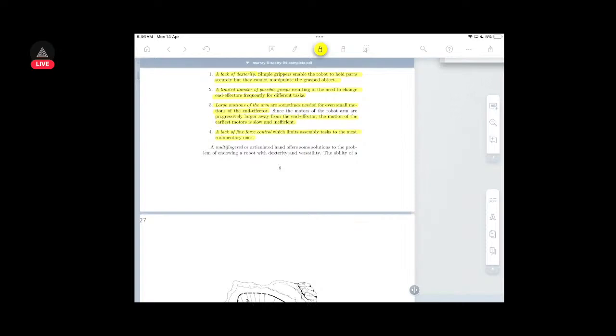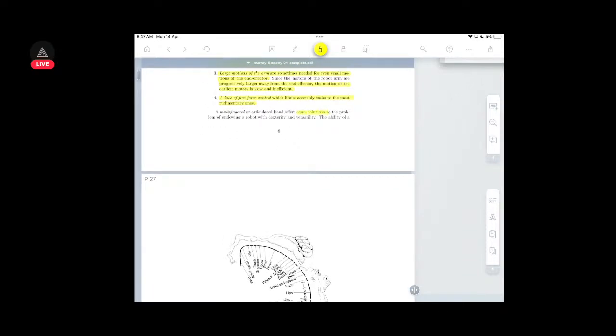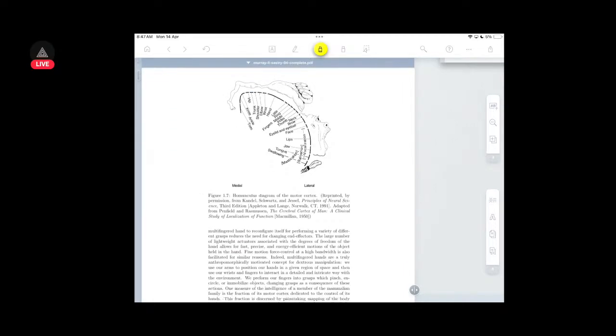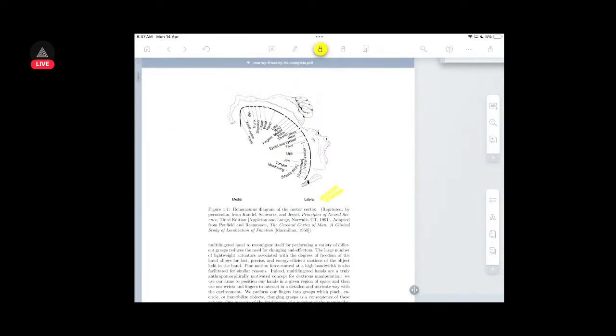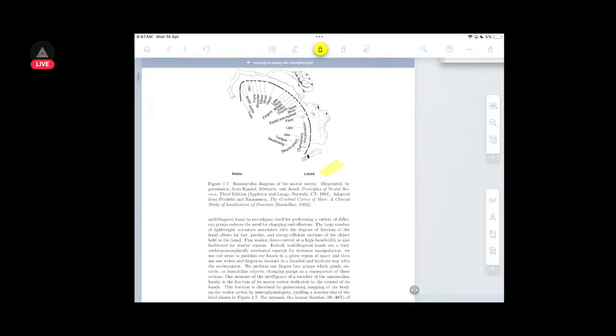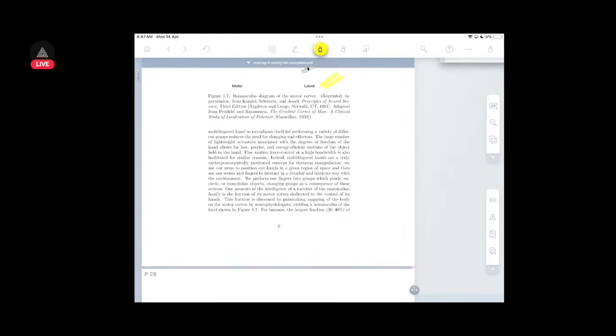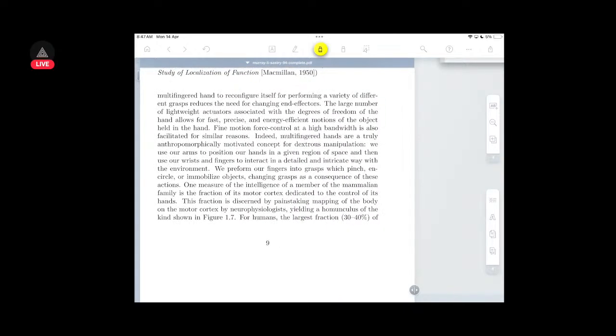So multi-fingered articulated hands often offer some solution to the problem of handling with dexterity and versatility. This is how a human hand works, a model context. A multi-fingered hand can reconfigure itself for performing a variety of different grasps, reducing the need for changing end effectors. Lightweight actuators with degrees of freedom in the hand allow fast, precise, energy efficient movement of the object held in the hand. Multi-fingered doesn't truly answer